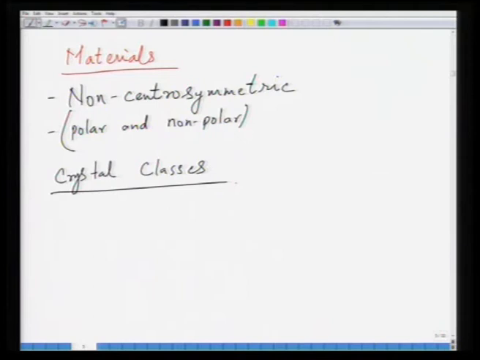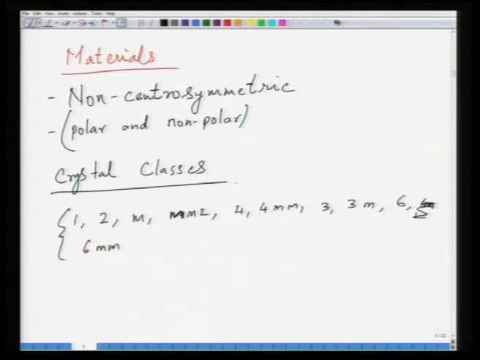1, 2, m, mm2, and then 4, 4mm, and then 3, 3m, 6, and then 6mm. These are all polar groups,